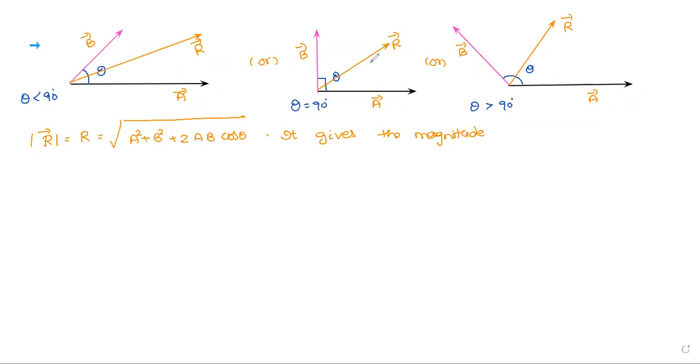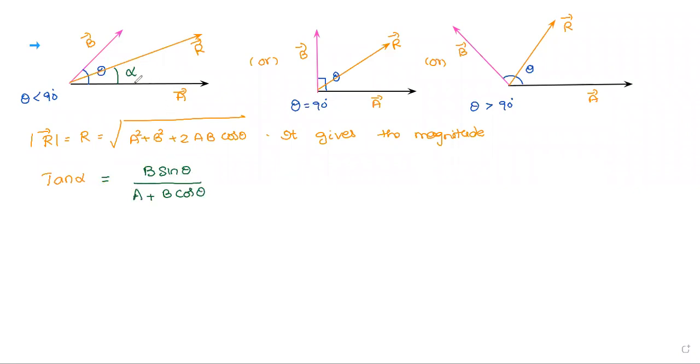And here, tan alpha. Keep in mind, I am measuring here in my theory the angle with the A bar. Yesterday I derived it by assuming the angle with A bar, so in numericals also, you have to apply the same concept. Tan alpha with the A bar is equal to B sine theta by A plus B cos theta. Yesterday we got it.